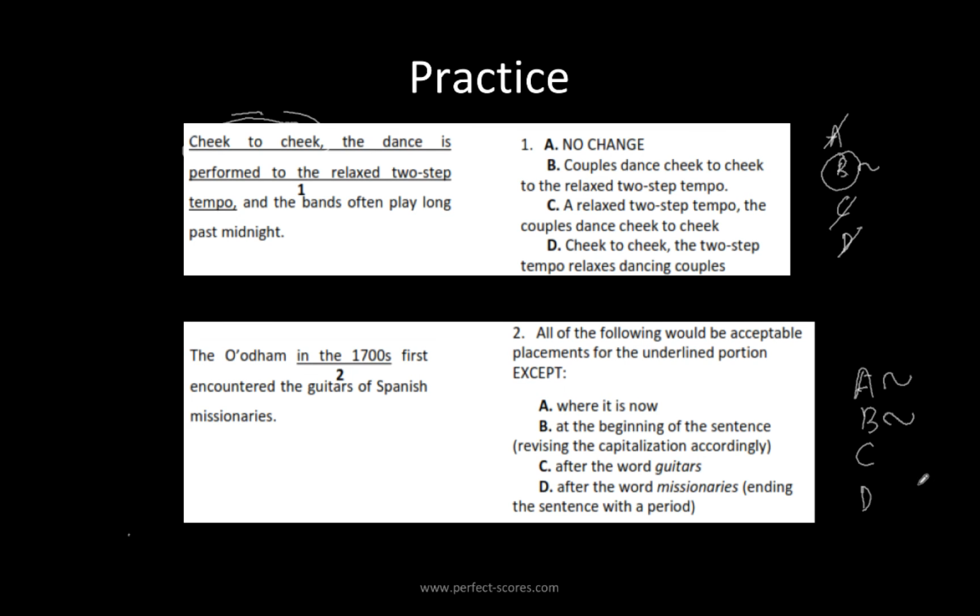Then C option, after the word guitars: "The Udam first encountered the guitars in the 1700s of Spanish missionaries." Now, "in the 1700s" does not modify guitars at all, so C is not acceptable. D, after the word missionaries: "The Udam first encountered the guitars of Spanish missionaries in the 1700s." So yes, we are talking about a particular group of missionaries in the 1700s, so D is acceptable. So you can see the odd one out is C, so C is going to be your answer. A lot of students make mistakes in questions that have the word except, so be very careful in that. Let's take another